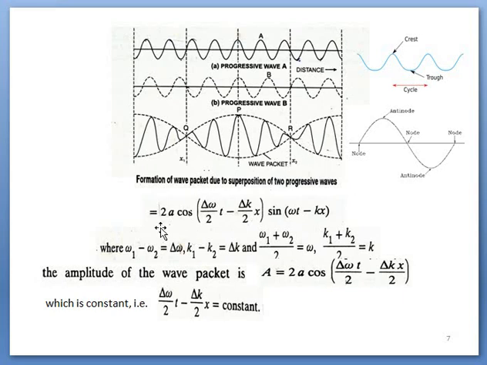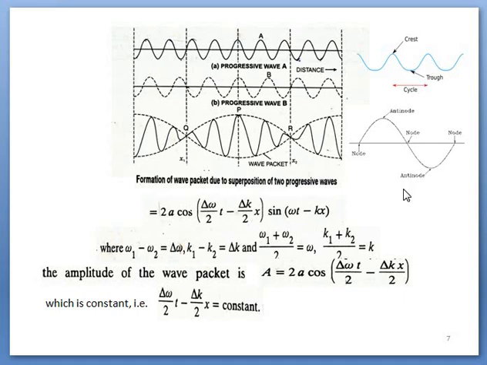So this equation represents the wave packet. Here, this term, the factor of sine, represents the resultant amplitude, which remains constant. If this remains constant, it means the term within the bracket will also be constant. Okay, so it is kept constant. Let's see next. Before that, two figures are included